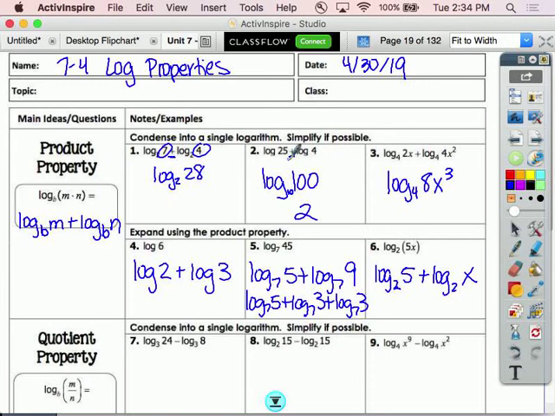Here, this becomes log of 100. Now we haven't discussed this yet, but when you don't have a base written, it's understood to be 10. And this can actually be simplified since when we're evaluating a log, we say the base to what power gives us this number. So 10 to what power gives us 100? The second power. That's how I simplified this to get a 2. I said the understood base is 10. What power do I have to raise that to get 100? And then you look here,